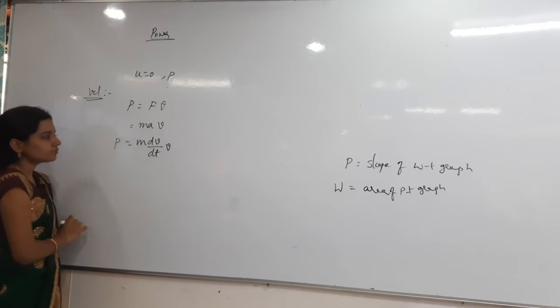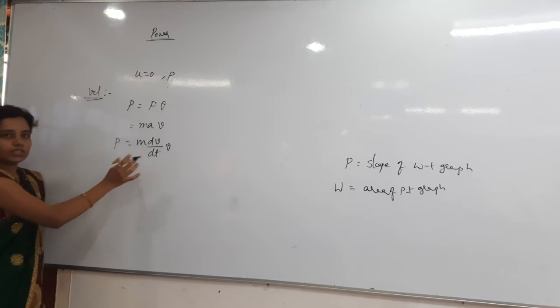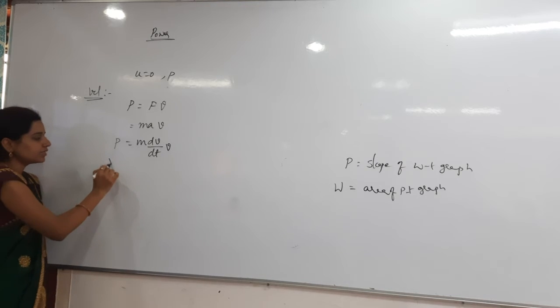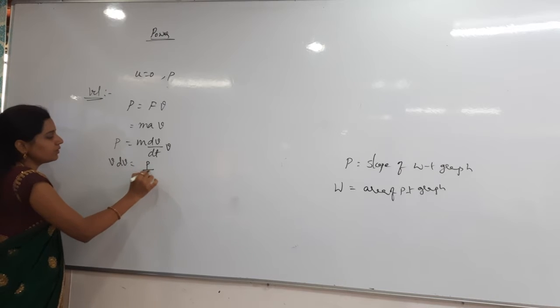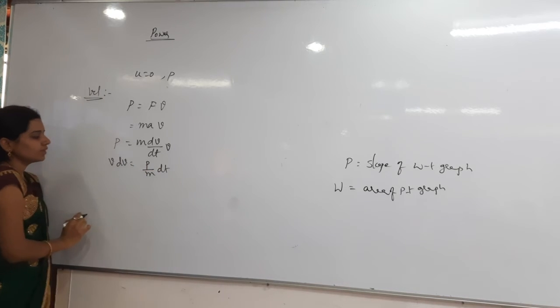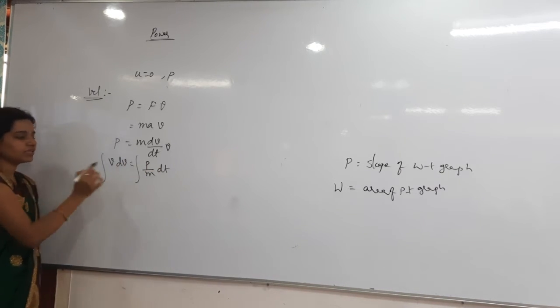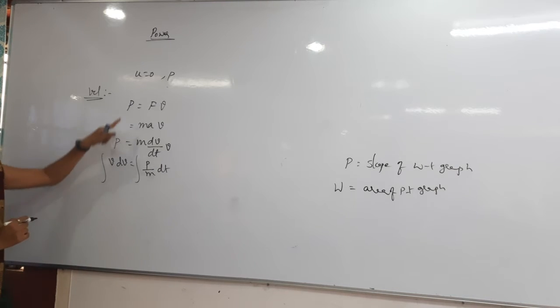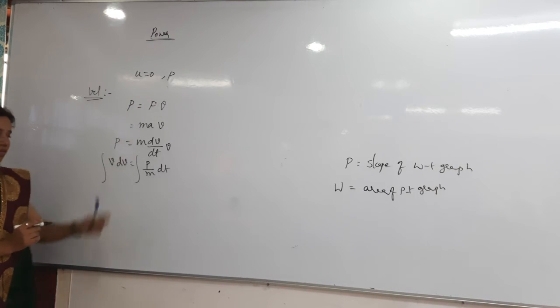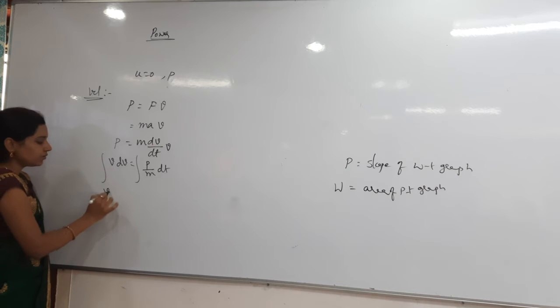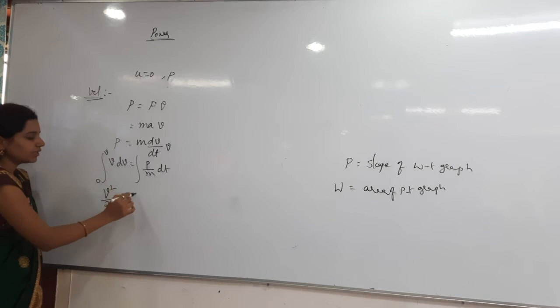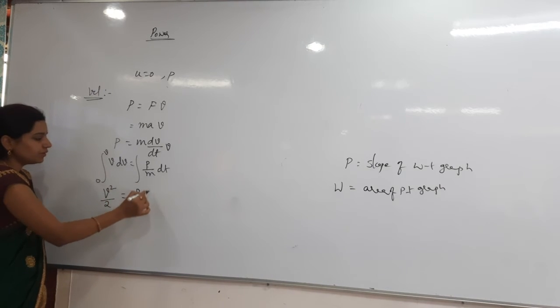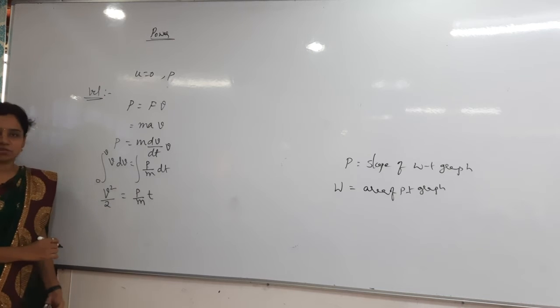This is the power. Since I want velocity only, what can I do here? Just keep V dV on one side and send everything else to that side, that is P divided by m into dt. I want to get the velocity, so I will do the integration here. Initial velocity, they are saying how much? U is 0 only. Now V dV, what will we get? Integrating from 0 to V, V square by 2 is equal to, here what can I write? P by m into the integration of dt, which is t only.